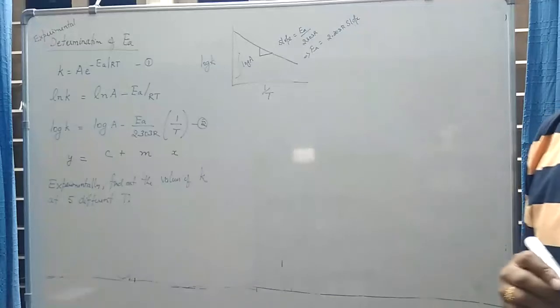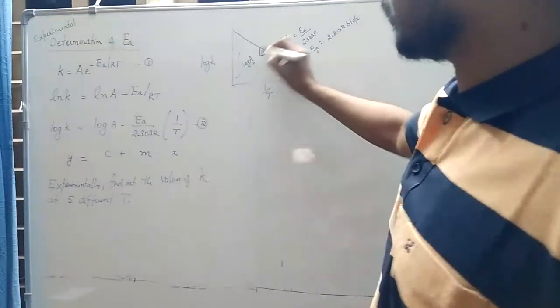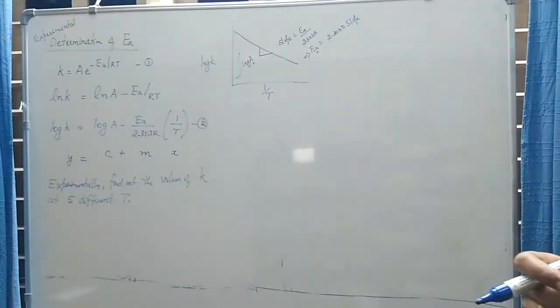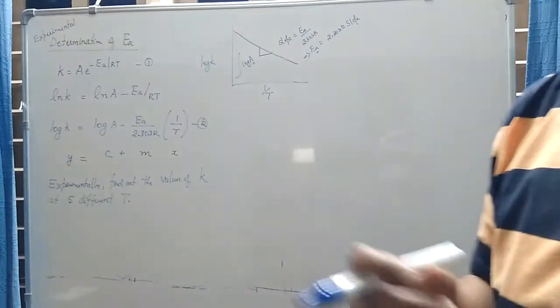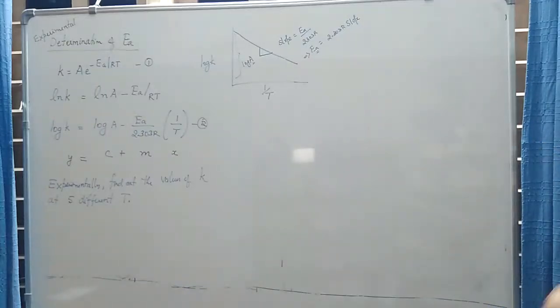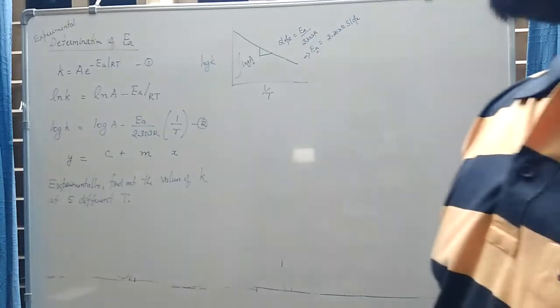So it is possible to find out both the activation energy of a chemical reaction as well as the pre-exponential factor or the Arrhenius factor from this experimental procedure. What you have to do is find out the rate constant of the reaction at least at 4 or 5 different temperatures and plot a graph of log k versus 1/T. This is one of the accurate methods because, as I already told you, if you have more data, the accuracy of the result will also be very high.